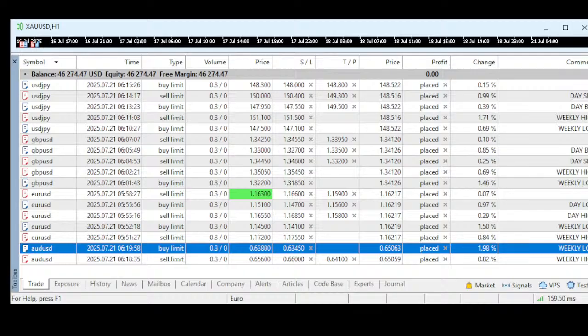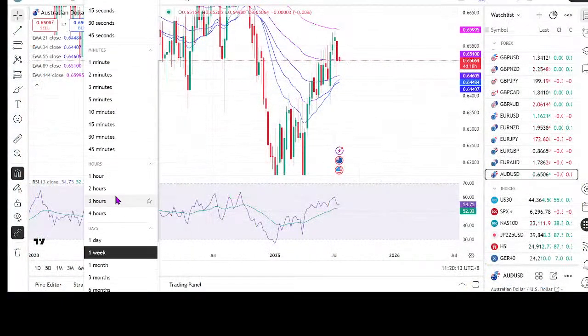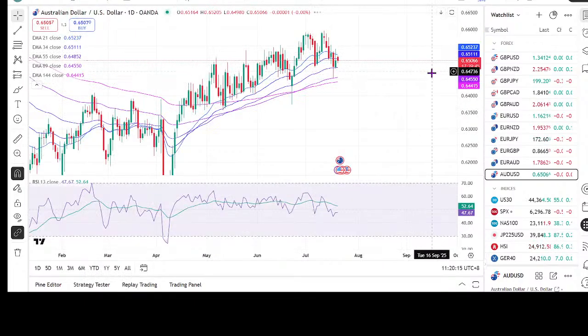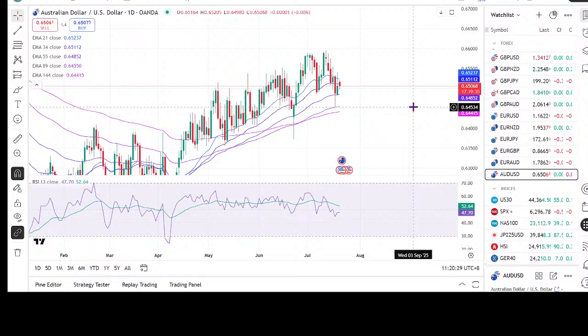Okay, now we go for a daily buy and daily sell. I hope you understand the reason why we are doing this: at least we know that this is going to be our target. So at least we can plan that, then we can hold on to our targets, sometimes when we want to go for a TP.